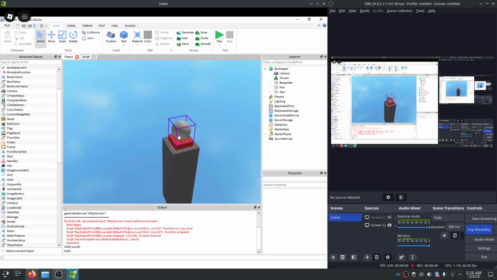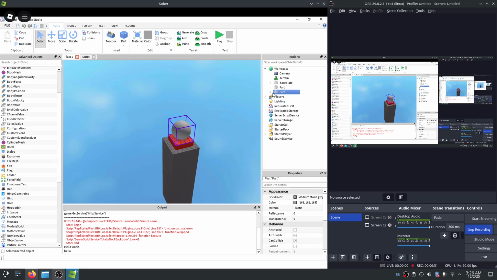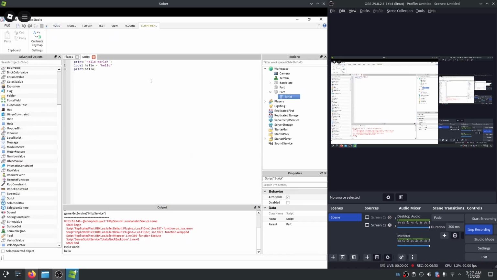Anyway, so let's actually make this ball do something cool. So let's see, I'm gonna make a loop. Oh, I just accidentally typed a Unicode character. I forgot to do Control A to select everything, so let's just use the mouse and select everything that way. There we go. So we're gonna do local part equals script.Parent, and then we're gonna do while